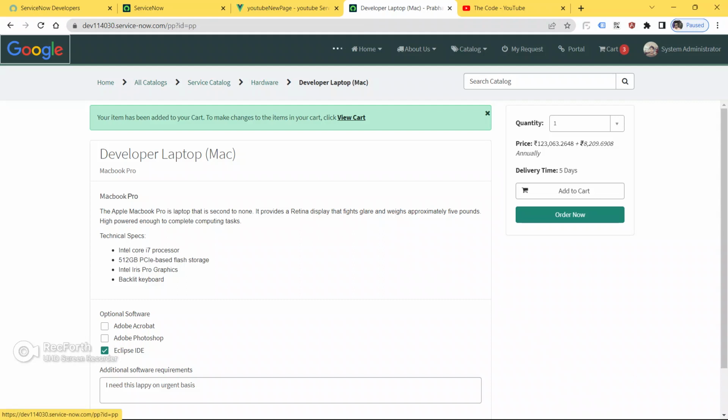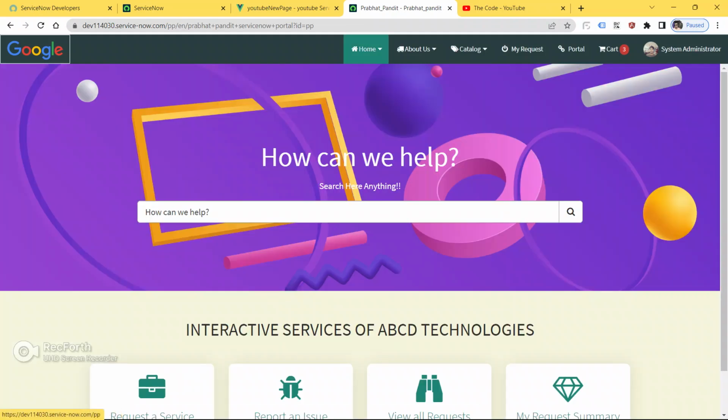Okay, so in this video guys, we are going to learn some kind of modifications in navbar, how can we add this kind of background, image background, how we can add this text, and we will learn how to put this kind of search bar inside our ServiceNow service portal page, guys.